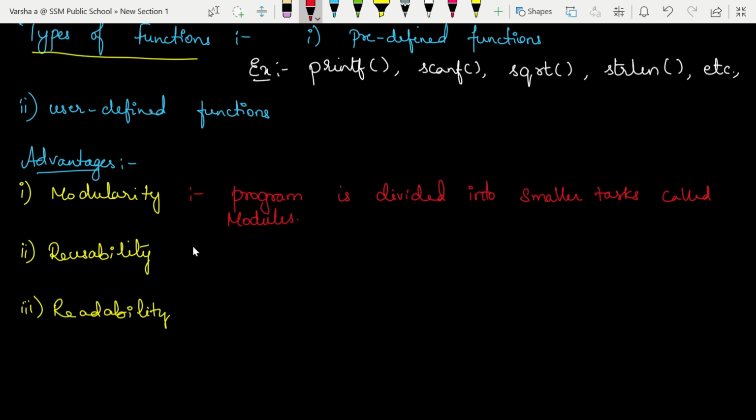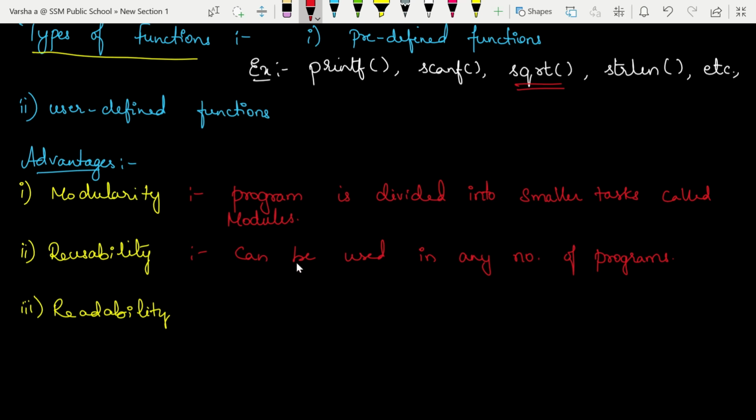So the next advantage is reusability. These functions that you have created can be used in any number of programs of similar purpose. Say, for example, this square root function I told you about is used to find the square root of a given number, and how many times you use it doesn't matter. You can use it any number of times in any of the programs. All you have to do is include a header file that contains the predefined definition for this particular function, so that you can use this function wherever, whenever you want, right?